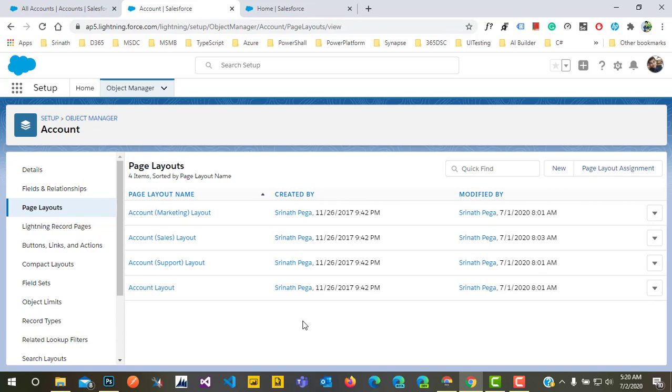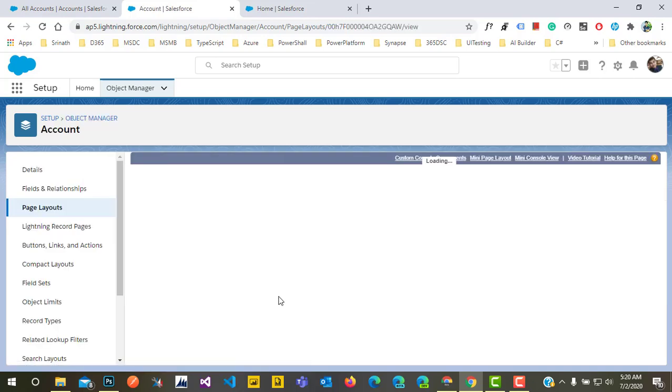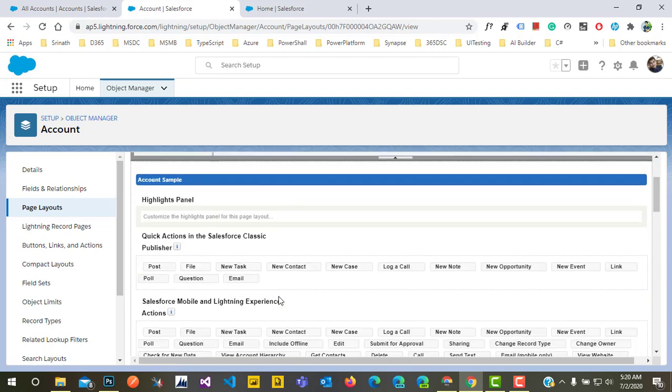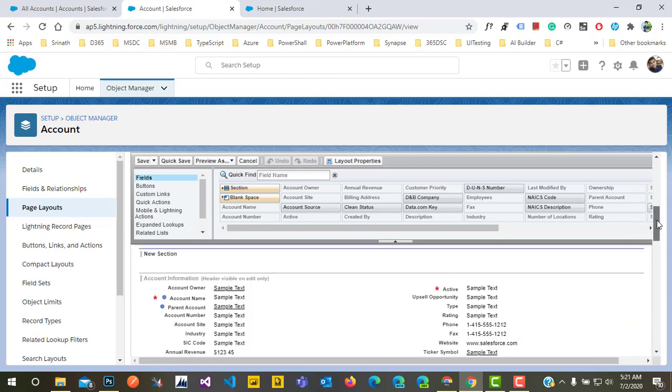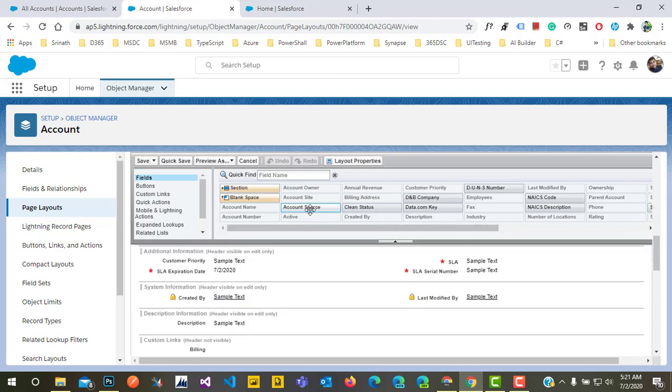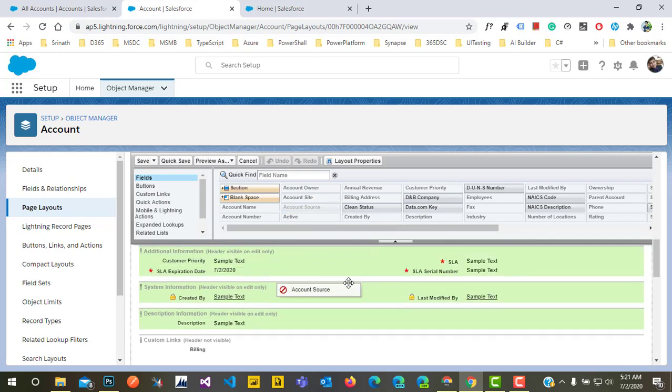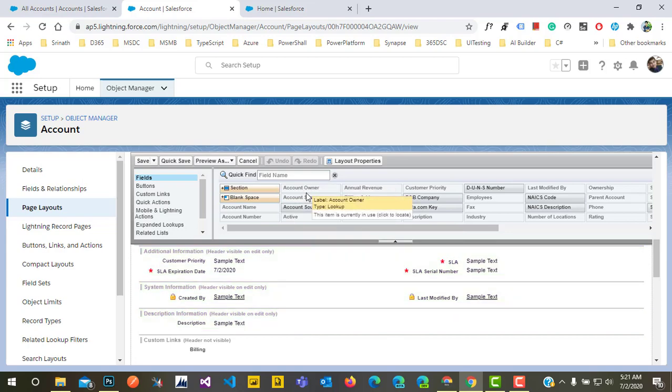That's how the system works over here. Let's open up a page layout, same as we do in Power Apps, with drag and drop. Here are some sections and tabs. For account source, this field is unused, so we can drag and drop it here, same as we do in Power Apps.